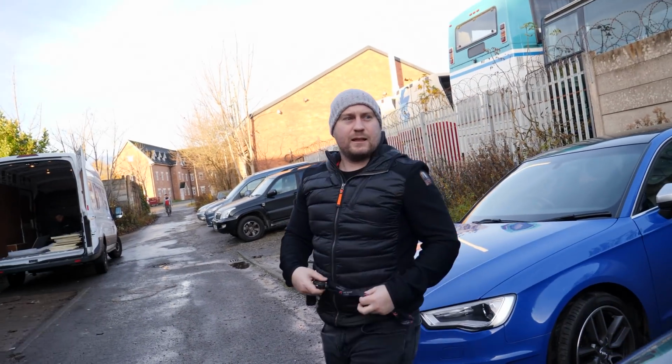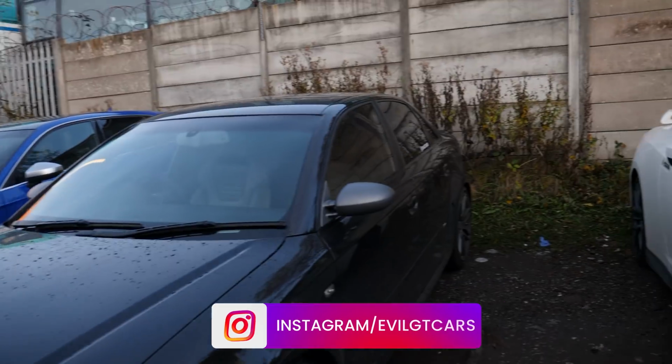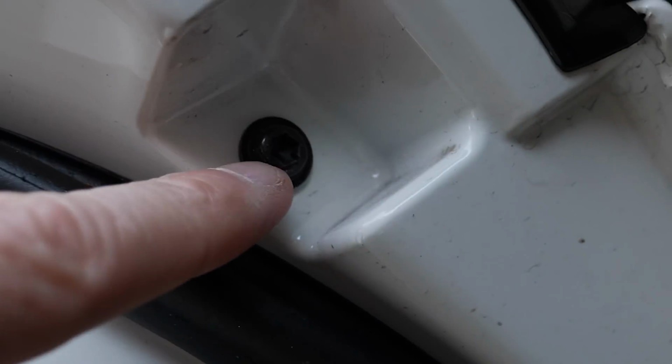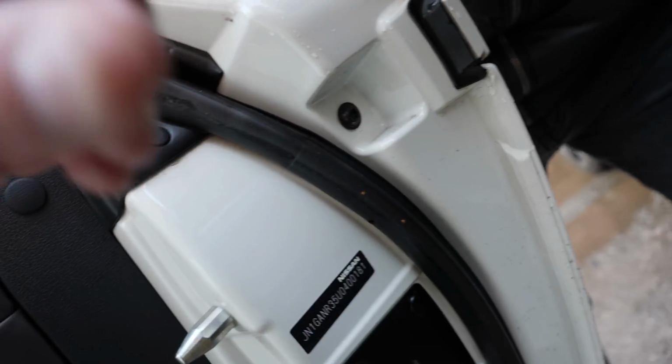Right, I'm not impressed with this. What's happened? Falling apart. What's happened? Right, Sean's just said to me, I don't know how he even noticed this. This little screw here was nearly hanging out. He's just tightened it up now, but it needs a proper tighten up. Right. And it was out by about...